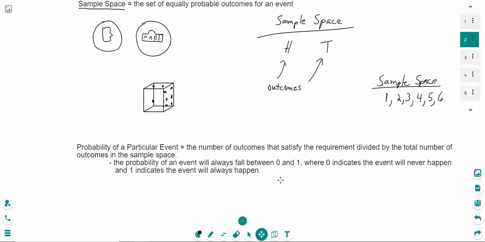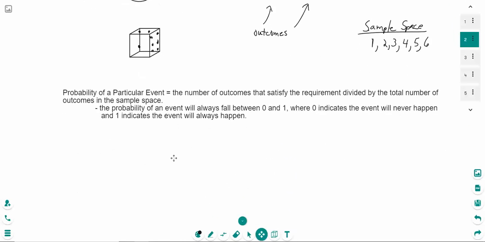Now, let's talk about the probability. How do we calculate probability? To calculate probability, it's fairly straightforward, actually. Essentially, what we're doing is finding all of the outcomes in the sample space that would result in an outcome that we would want, and writing that as a fraction over the size of the sample space. Okay? So, for example, if I have a flip of a coin,